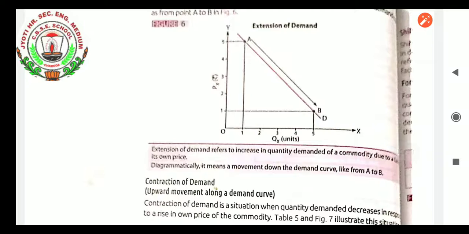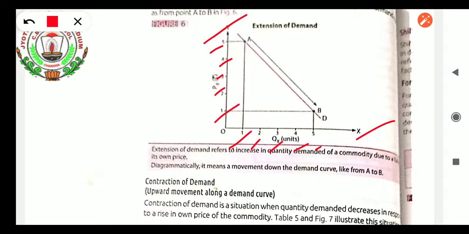This tabular data helps us to know that when we have drawn the y-axis and x-axis, then we have drawn this 5, 4, 3, 2, 1, the extension of demand. When we have taken 1, 2, 3, 4 and 5 the demand, we can see that when the price was rupees 5, the demand was 1. When the price became 1, the demand shifted to 5. What we are seeing, the first demand curve was this only. It is flowing downward.